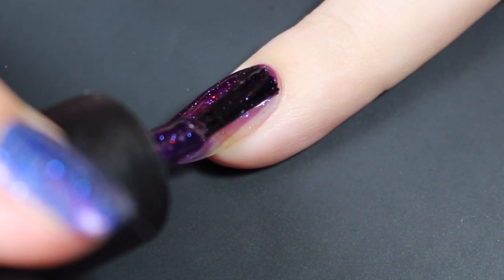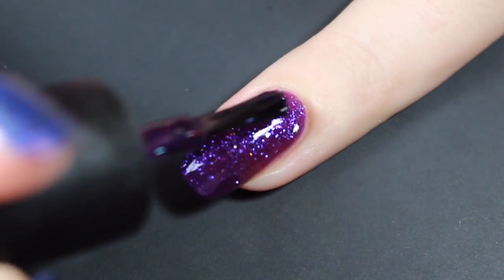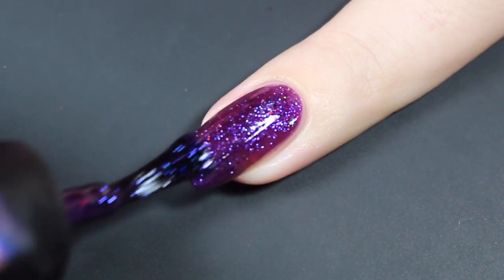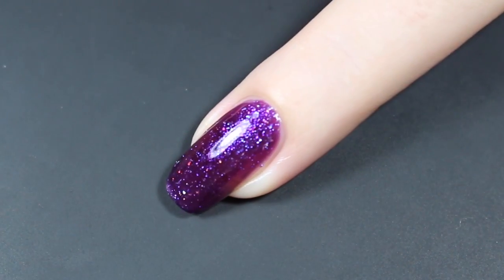I am definitely meaning to go in for a little bit of a thicker second coat here and also clean up my lines a little bit. Two coats for sure adds a ton of depth. I feel like if you work in thicker coats, you may be able to get away with two. I am going to go ahead and let that dry and then show you how it built up for me